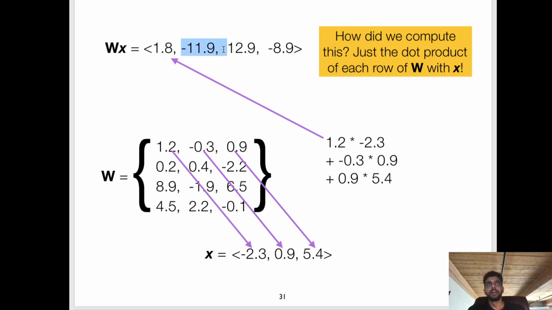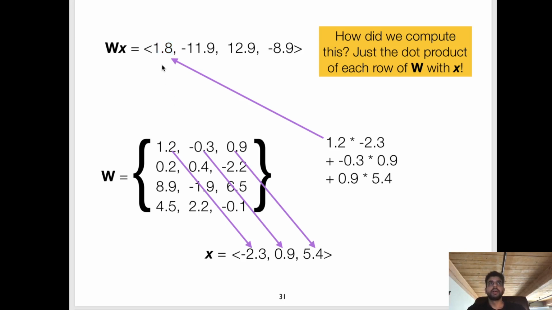So similarly, minus 11.9 results from doing the same thing with the second row of this weight matrix, and so on. So this hopefully clarifies why I referred to each row here as associated with a particular word in the output vocabulary, right? You can see that we're using the first row here only to compute the value of the first dimension in this matrix vector product. And if you remember, the first dimension here is going to eventually be associated with the probability of the word books.